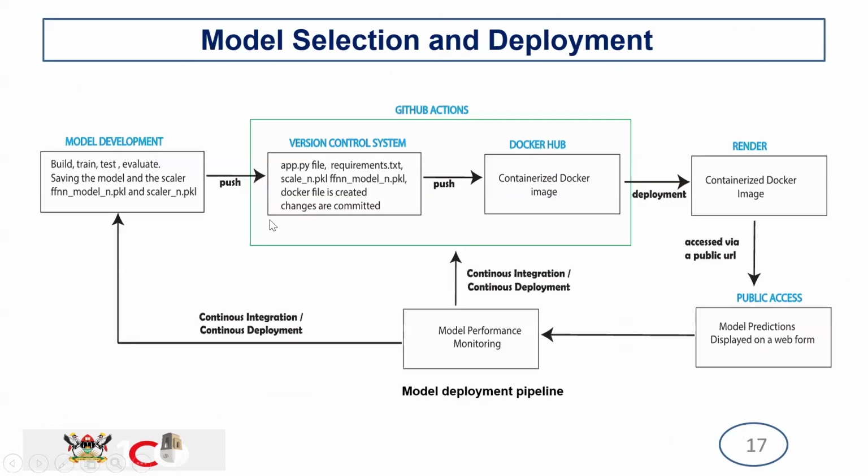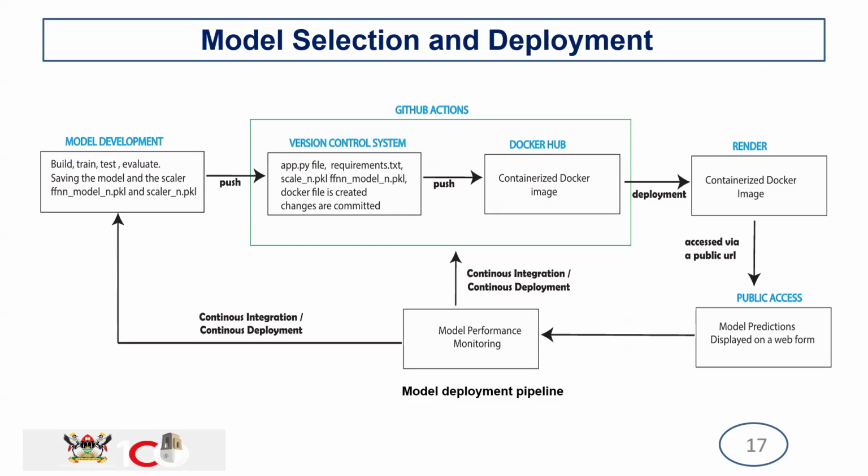Model deployment and selection. So I chose the feed-forward neural network and it was deployed. It's the one which I used to deploy on Render. So this pipeline shows the flow from the model development to pushing the files to the version control system, then building a Docker image, pushing to Docker Hub, retrieving from Docker Hub on Render, then access through a public URL,